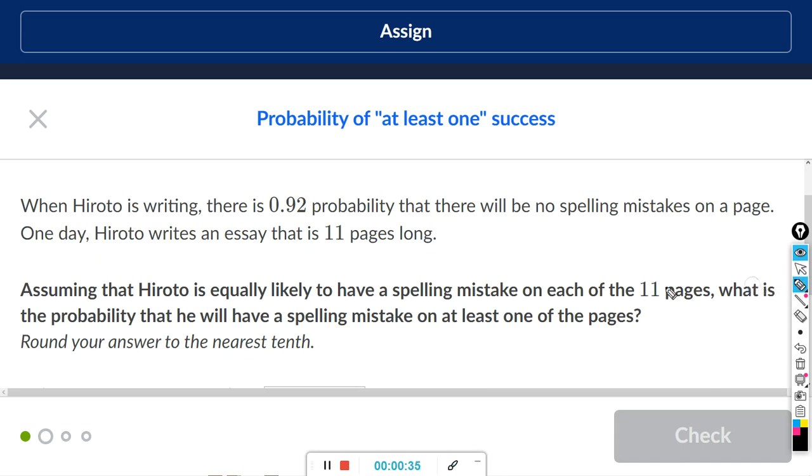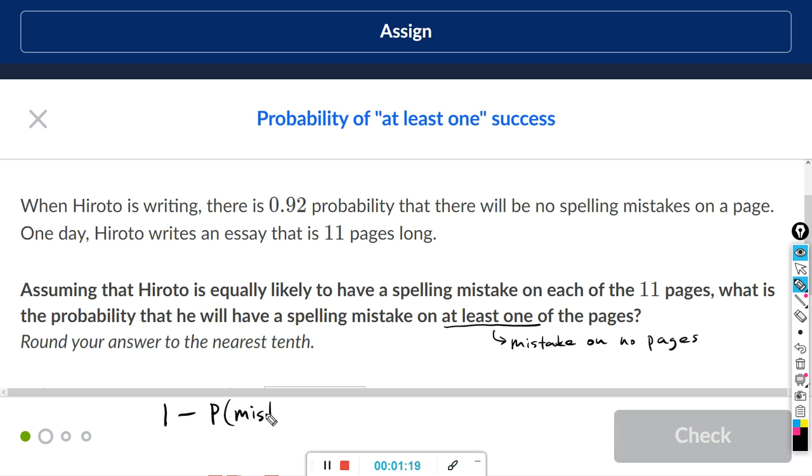Okay, so they're saying at least one page. The opposite of having at least one page, or the complement of that, is mistakes on no pages. Okay, that's going to be the complement. So remember, for complement, we just subtract it from 100%, or the number 1. So I'm going to do 1 minus the probability